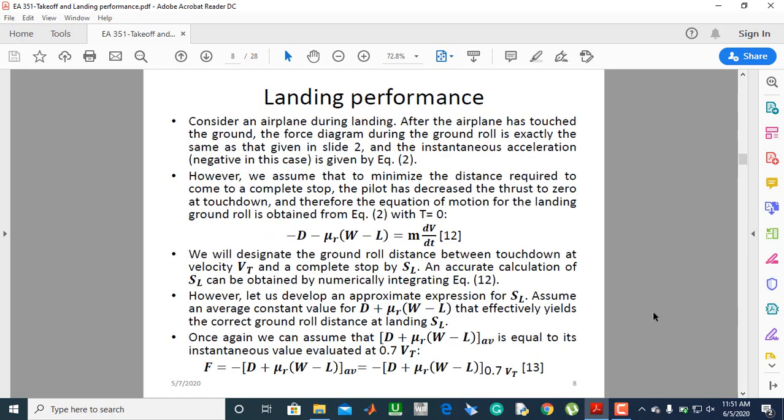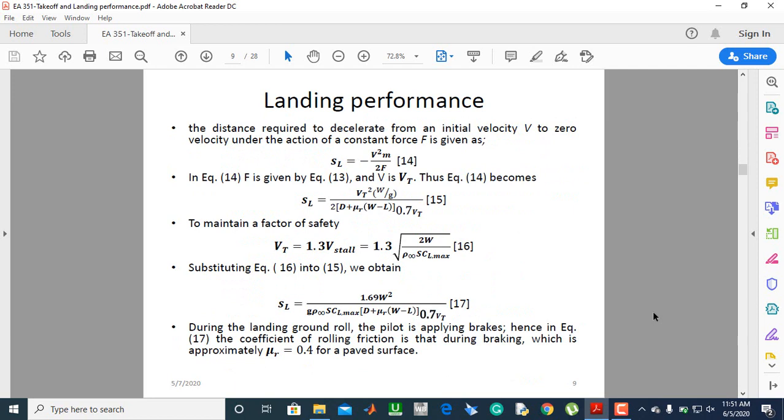Here, equation 13, it has a negative sign. So that negative and this negative in equation 14, they'll cancel out, and the resulting expression for complete stop is